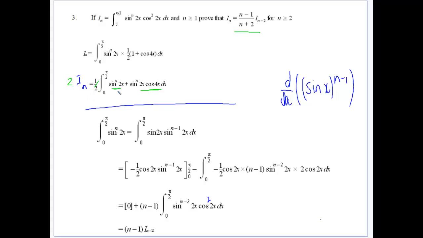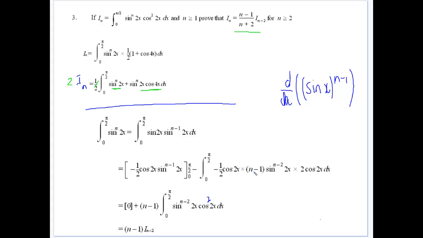So let's do this part first, which is sine squared and sine of 2x all to the power of n. Again, we're going to use recursion with this and get it in this form, sine of 2x to the power of n minus 1. So we'll integrate the first, leave the second, and then integrate the first, derive the second, and start to clean it up. So we get the n minus 1 out, the halves cancel, it becomes a positive. We get the n minus